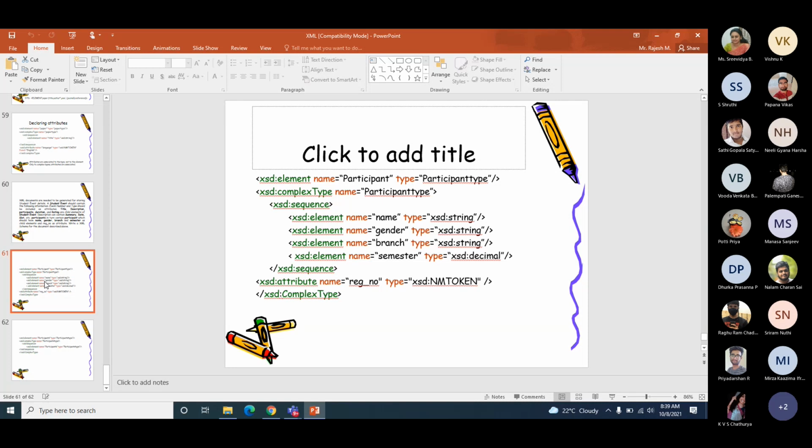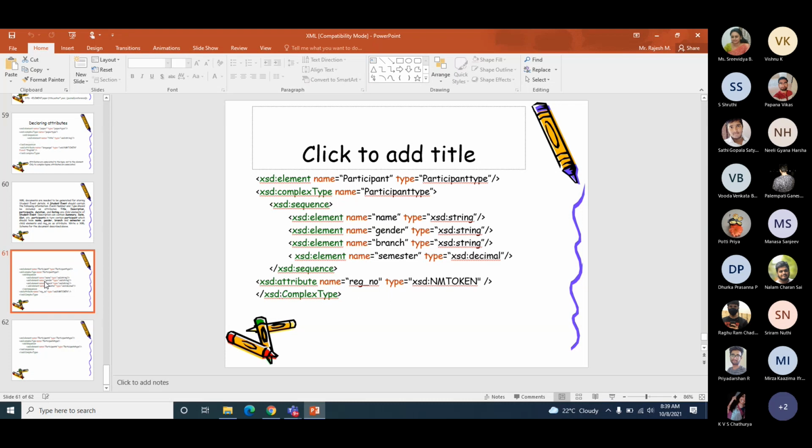Okay. So the moment I say type is equal to participant type, I need to define what it is. So I'm going to define a complex type called participant type and its sequence is name, gender, branch and semester as four of its child elements. So that will be the sequence, and I am including that in the xsd:sequence part.